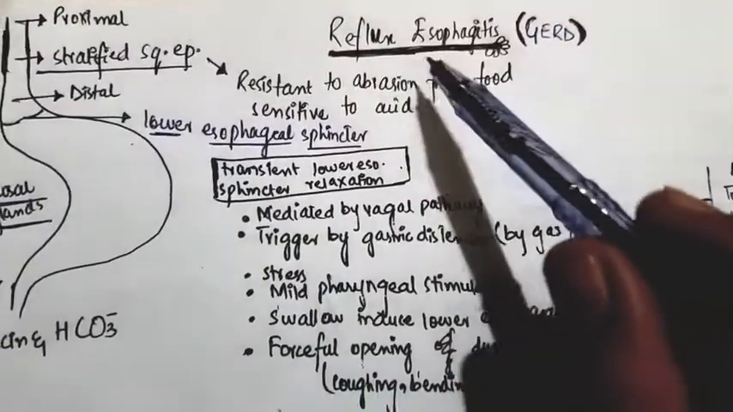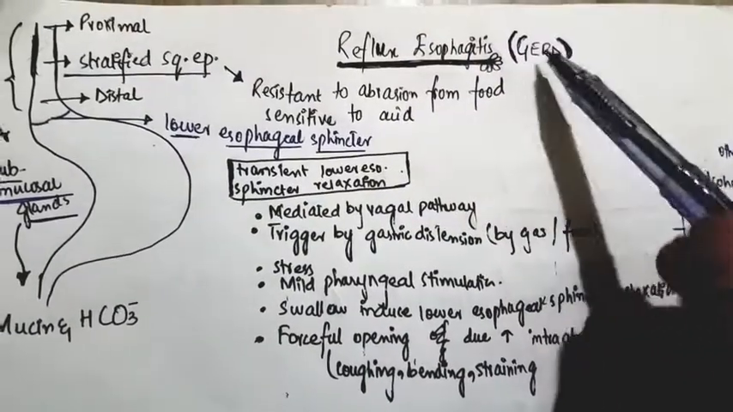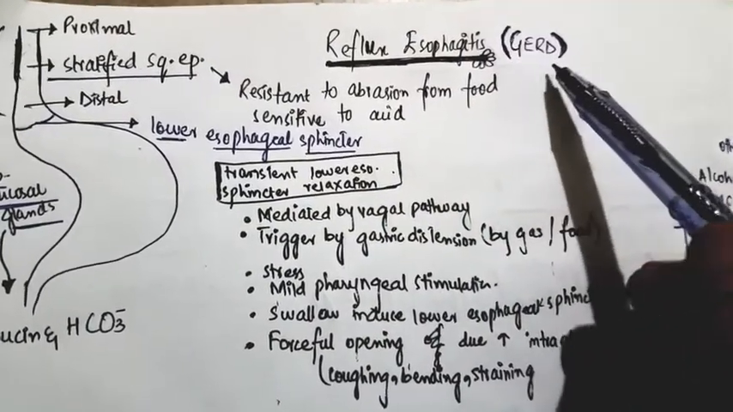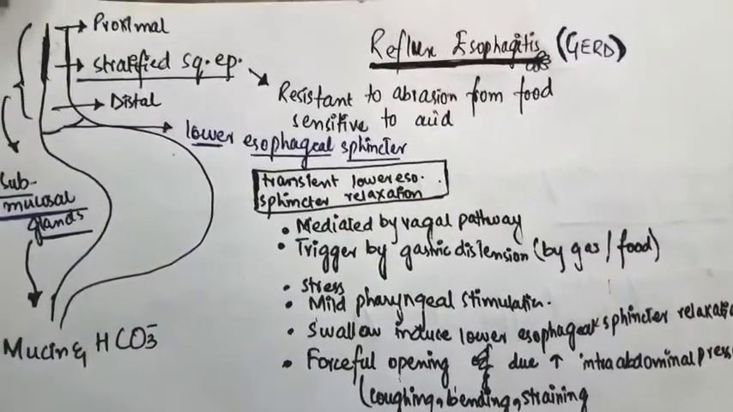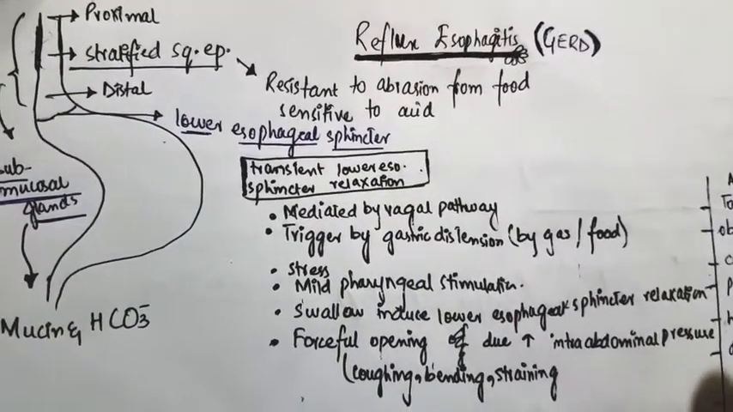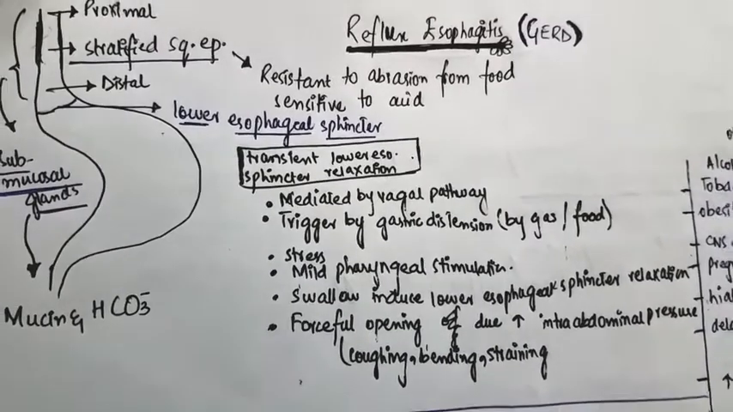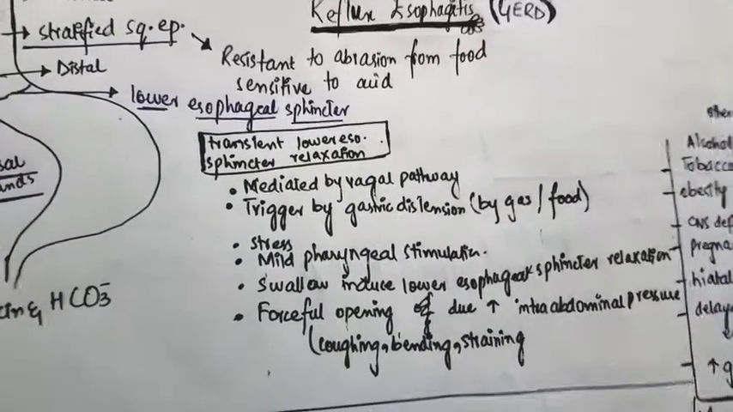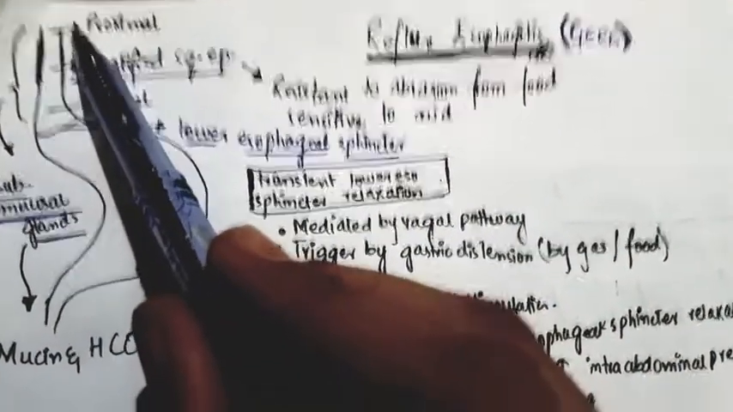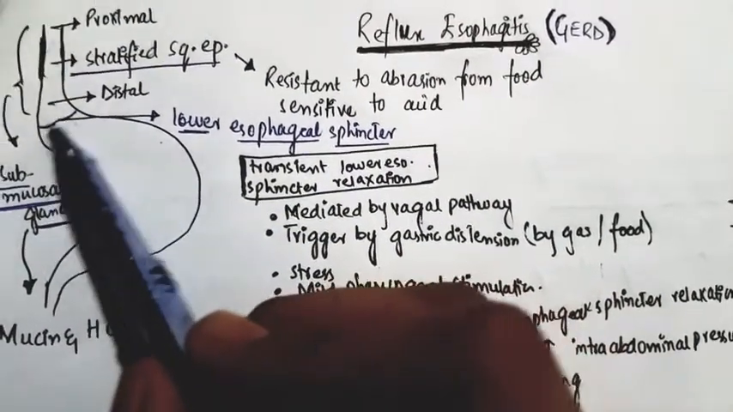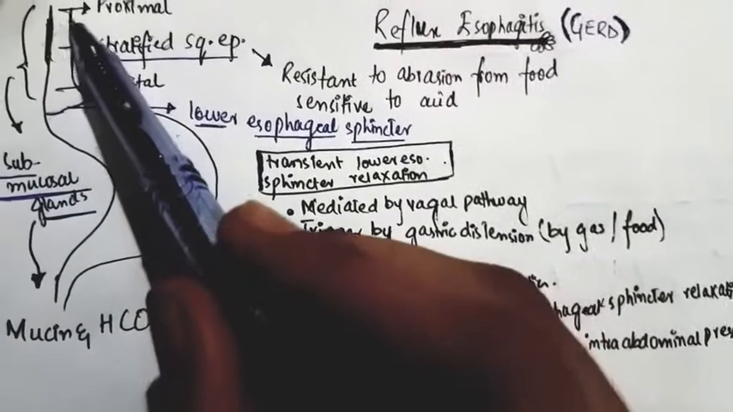Now come to the reflux esophagitis. It is also known as gastroesophageal reflux disease. There are a number of factors which are preventing the upward flow of the gastric content into the esophagus. So this is the proximal esophagus, this is the distal esophagus, this is the lower esophageal sphincter, and this